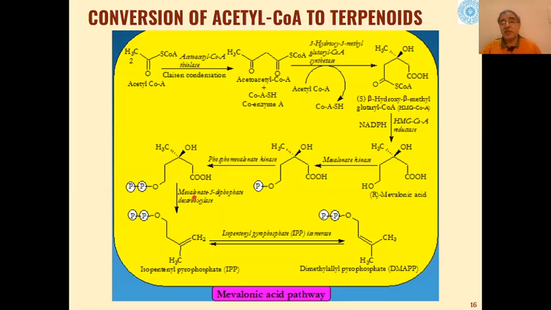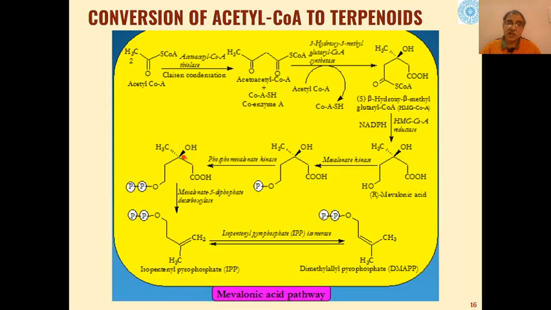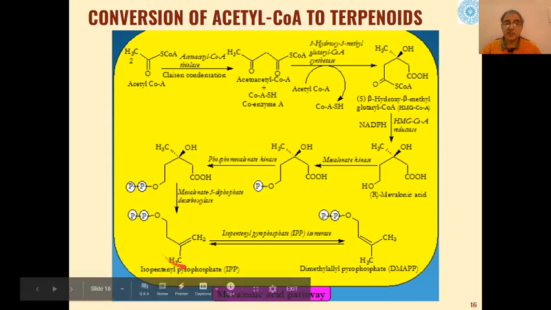Then mevalonate 5-diphosphate decarboxylase will convert this into IPP by decarboxylation followed by dehydration. Decarboxylation of this and dehydration at this place, H from here, OH from here, we will get this IPP as the product,